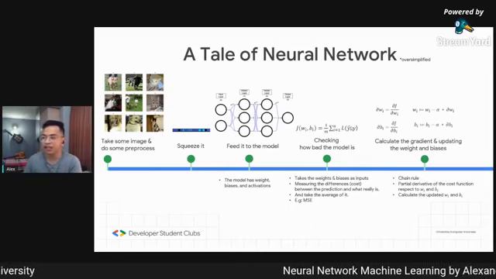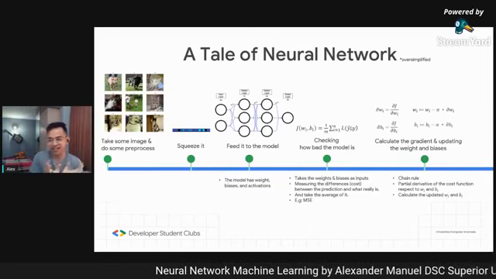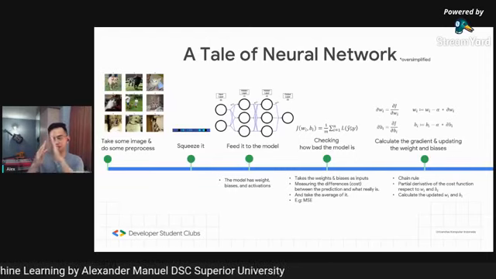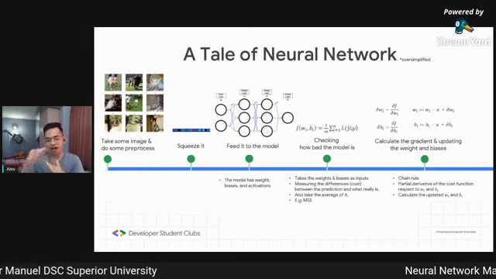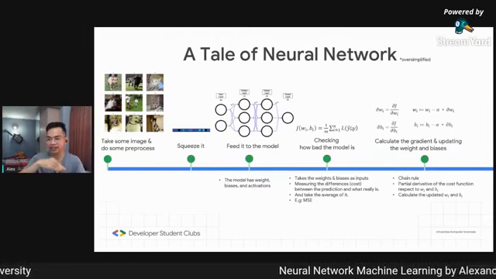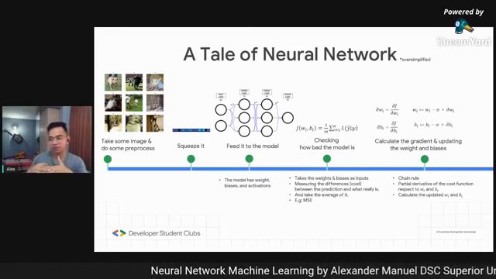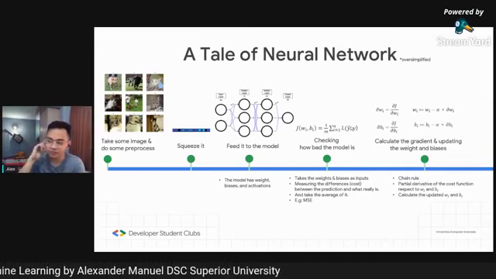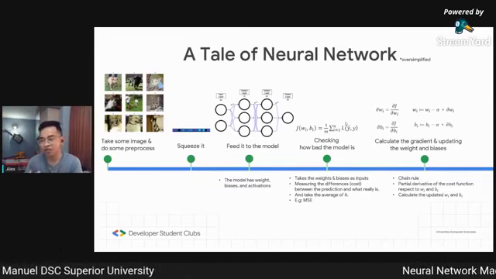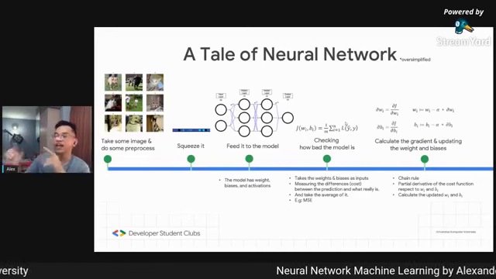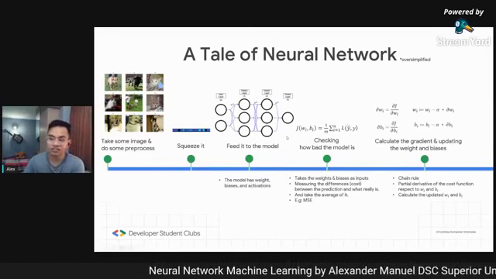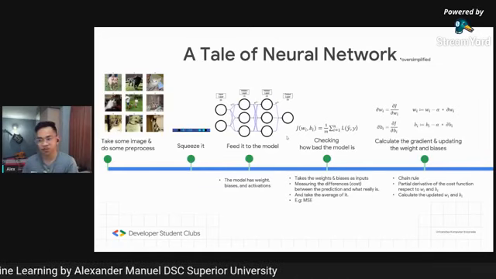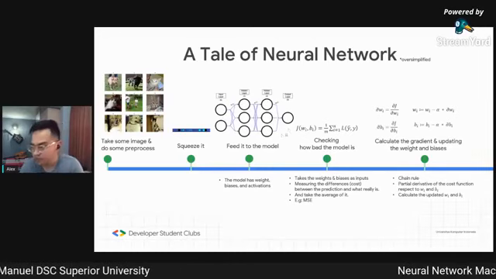So in this case, we're going to seek which direction. The gradient shows the slope, how you find the right minimum. Is it to the left? Is it to the right? Is it a minus or a plus? So the gradient will show you the direction. But we don't stop there.